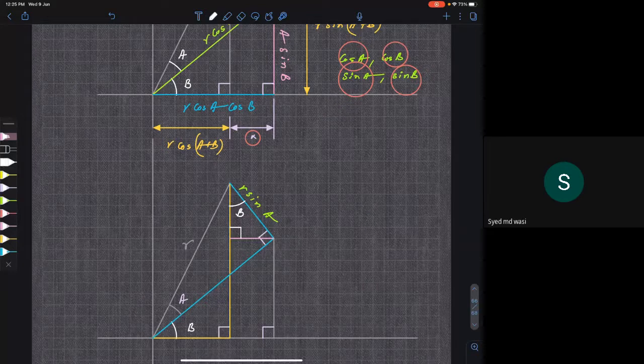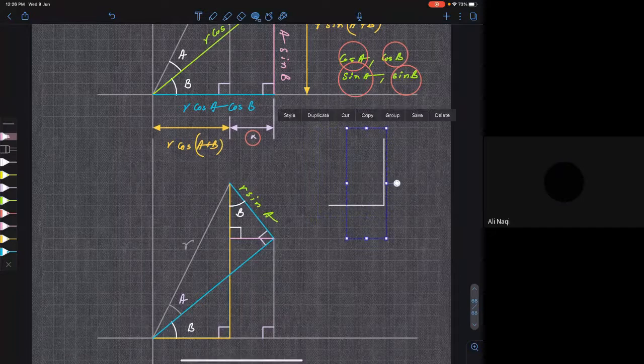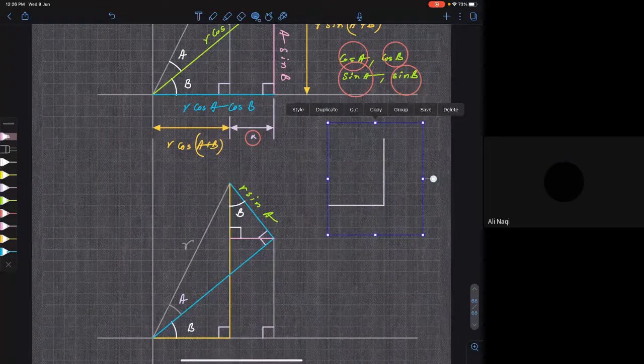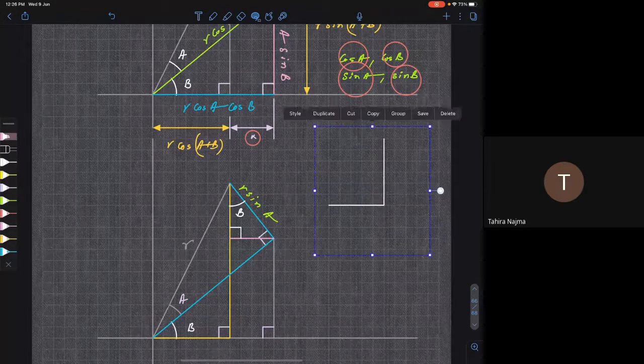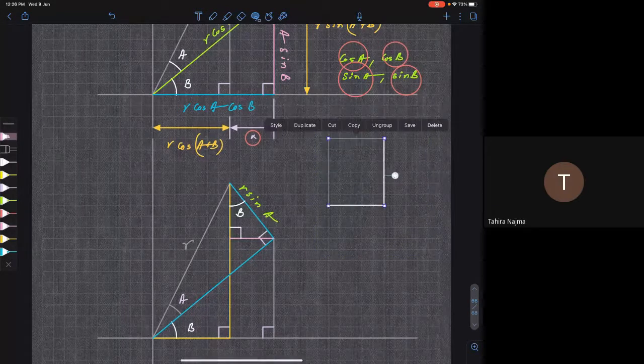So let me just illustrate this a little bit. Suppose you have these two lines, okay? So I'll just group them. Sir, these two triangles are similar. Which two triangles? Yeah, obviously, the triangles will also be similar. They will not be congruent, but they will be similar. You are getting my point? So basically, these two lines are perpendicular. You are getting my point? So these two lines are perpendicular.